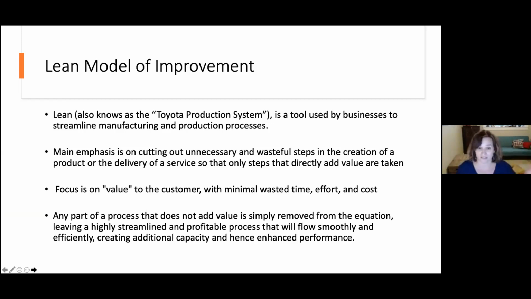It's also applied to the delivery of services, so that any step you take is only the steps that are bringing value. If there's a step in a process that isn't bringing value, the Lean model has you take that step out. The focus is really on the value to the customer or to the client, with minimal wasted time, effort, and cost to the person who's providing that service to the customer.